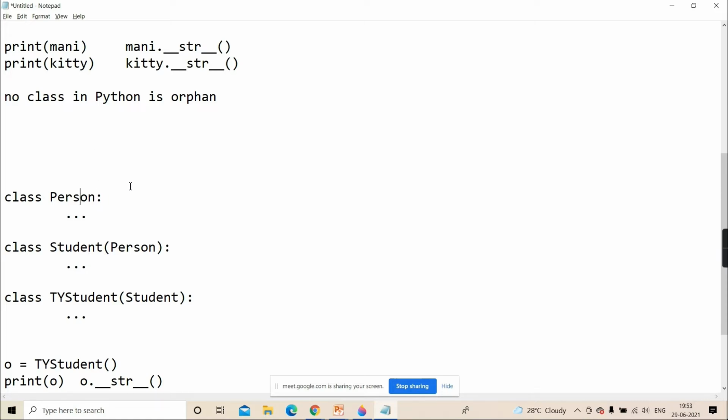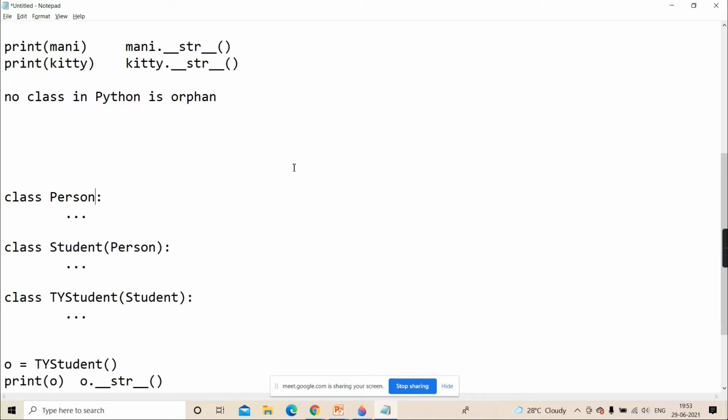And in person class also, if there is no magic method, it will go to person's parent. But person is not having a parent. So is Python going to give one parent to it? Object. Means will Python keep this class orphan, or will it immediately provide one parent class? Isn't it? Right? Which happens in your processes also. Internally in a computer, as many processes are running, every process is a child of some parent process. Everyone is a child of some other parent process. Right?